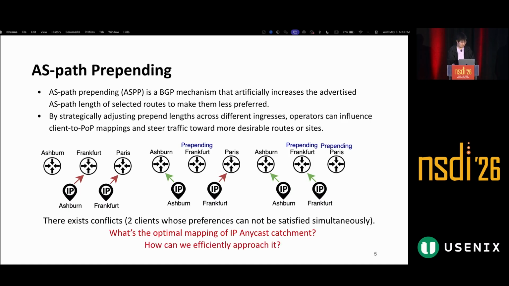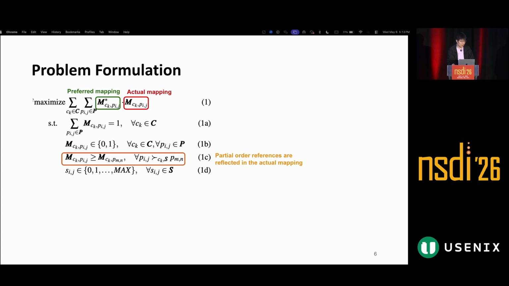To achieve that, let's formulate this problem as to maximize the mapping between the preferred and the actual mapping. Here, C is a client and P is a POP. And we want to maximize the correlation between these two mappings. For the actual mapping M, one client can only connect to one site at once.